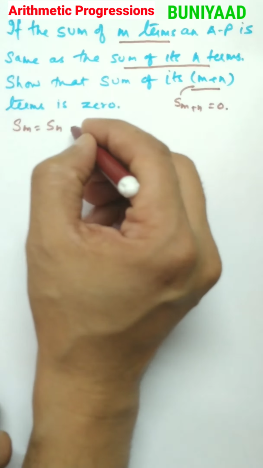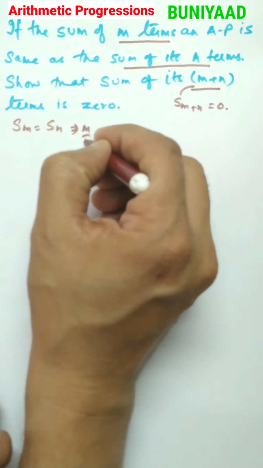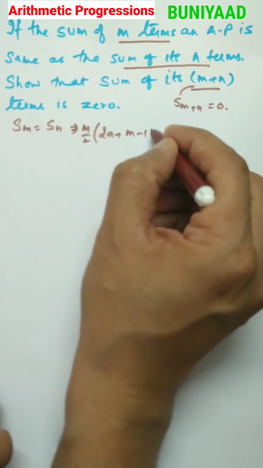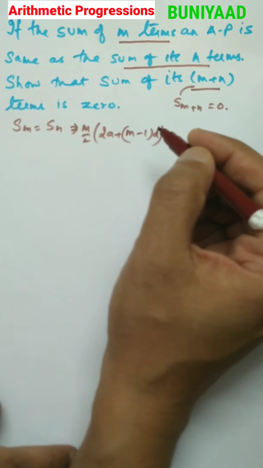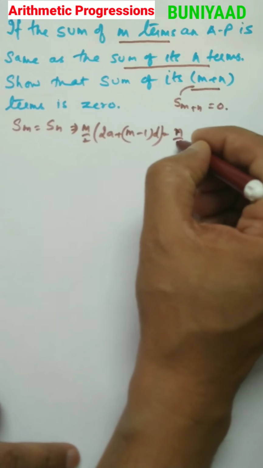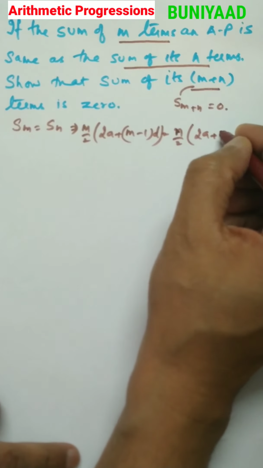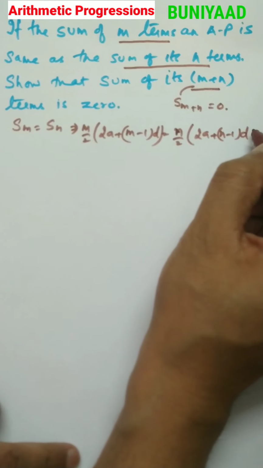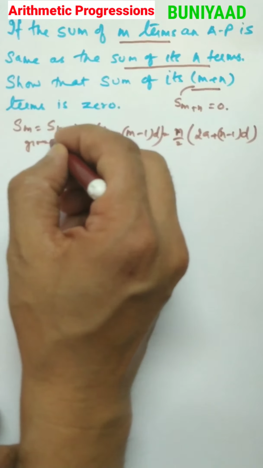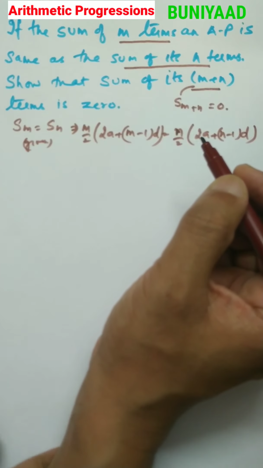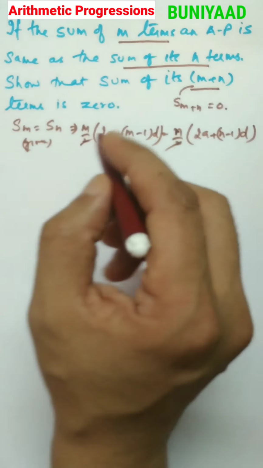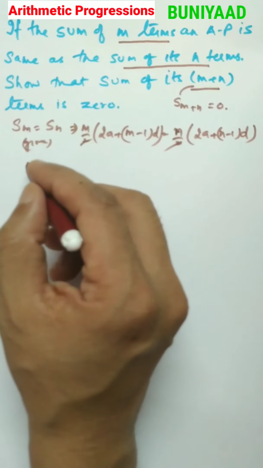Now Sm means m by 2, on putting the formula, 2a plus m minus 1 d equals to n by 2, 2a plus n minus 1 into d. This is given, right? This is given to you. Now these two got cancelled. So on simplification, you got